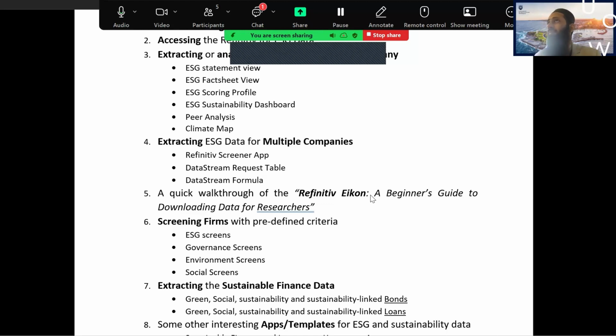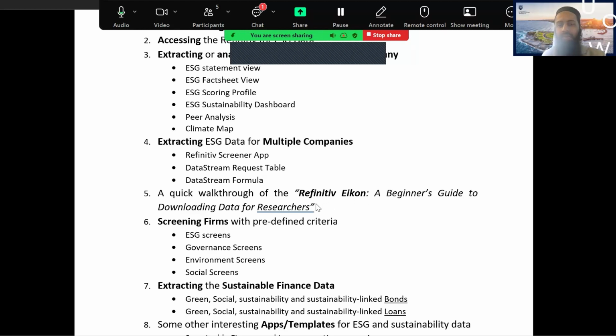Okay, so if you're looking for data, you want to see if that data has been used in top tier journals. You search for Refinitiv and it doesn't appear. Then you search for Eikon, Asset4, DataStream, because DataStream data can also be extracted through Refinitiv Workspace and previously Refinitiv Eikon. So it is linked to WorldScope, it is linked to DataStream, it is linked to IBES, so it pulls data from there. You might have access directly to DataStream, IBES, or WorldScope, and you can extract the data from there as well.